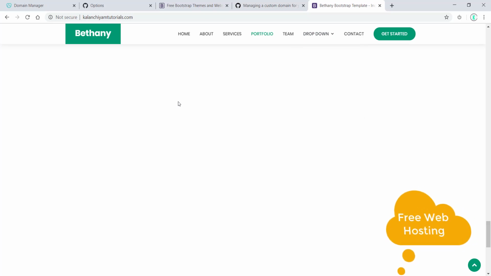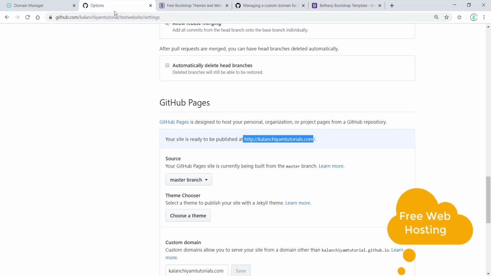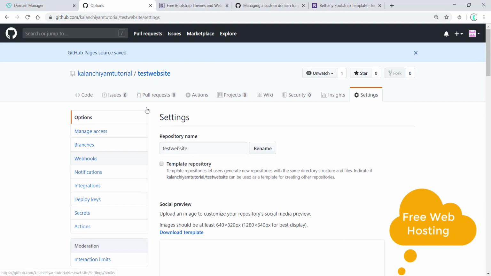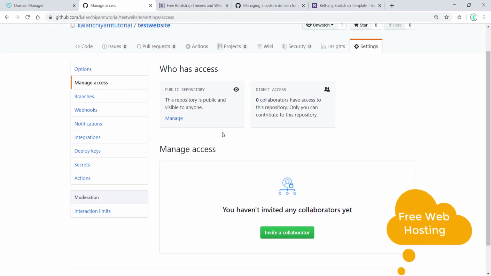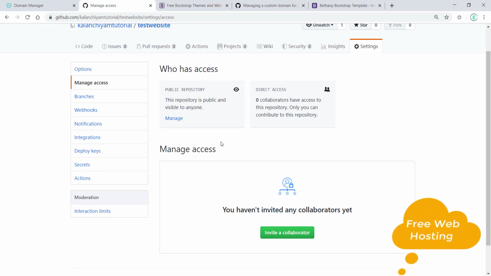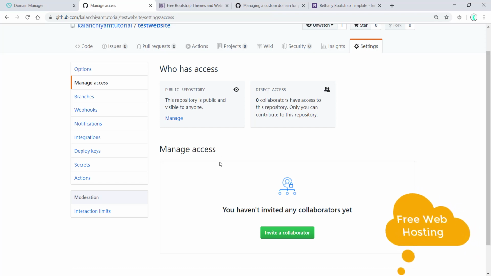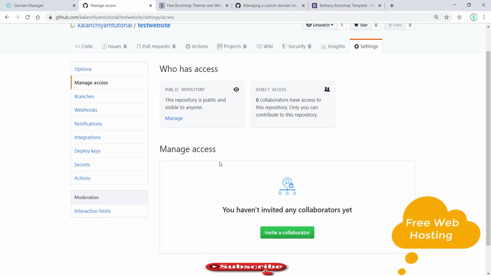Okay, we are good with our website now. And don't worry about the public repository, because there are options available where you can manage the access and add who can approve the changes and everything. Because you might be thinking anyone can check in the code and anyone can merge the code, but that is not possible. We can restrict our website repository even if it is a public repo.